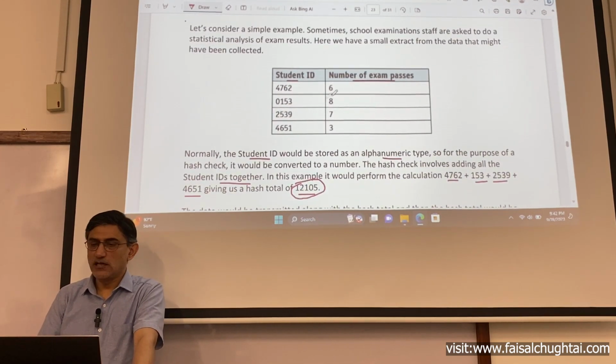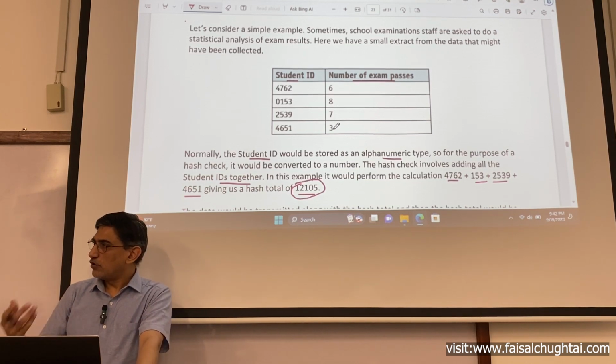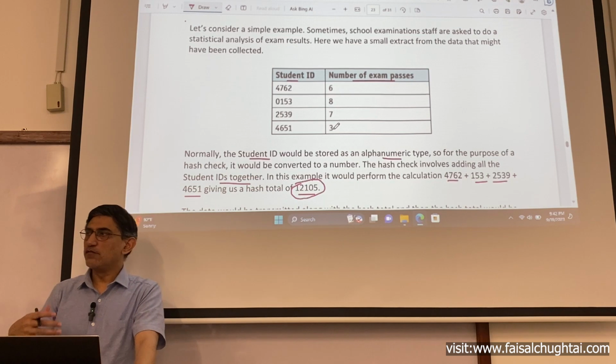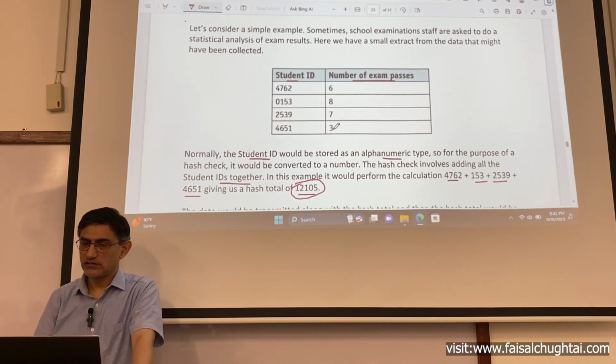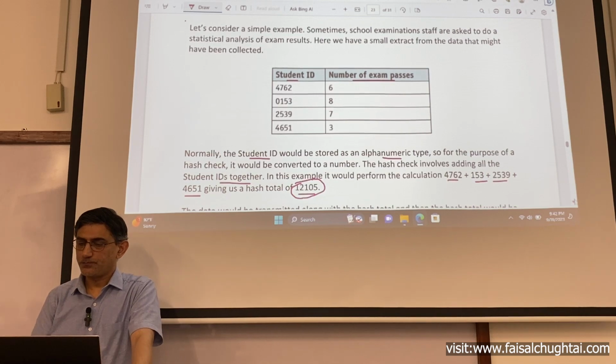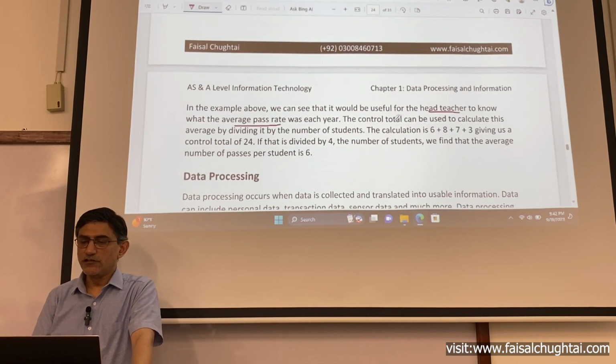Number of exam passes: this student has 6 exam passes, this one has 8, this one has 7, and this one has 3 exam passes. The teacher wants to find out the average number of exam passes by all the students. So if you look at this example now, it says the control total can be used to calculate this